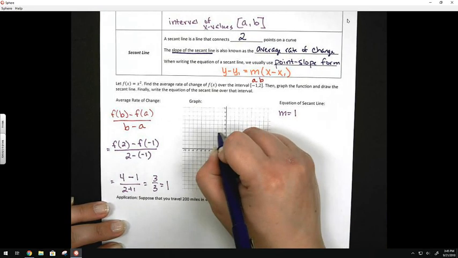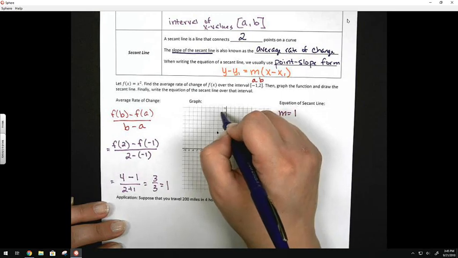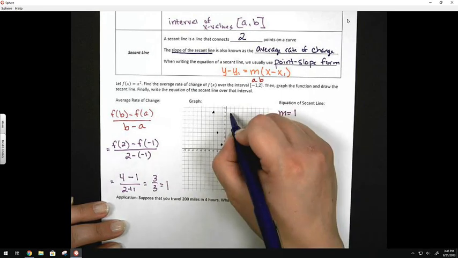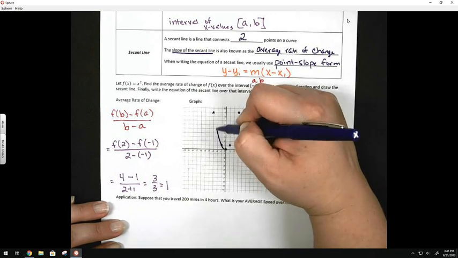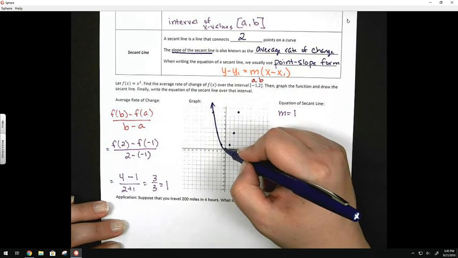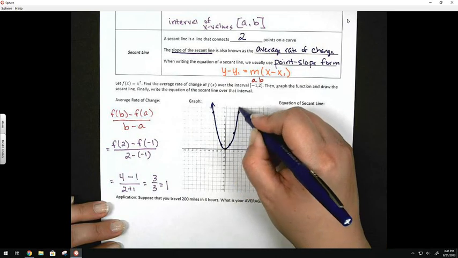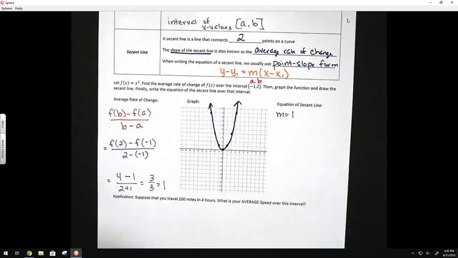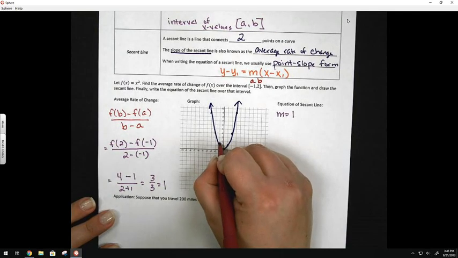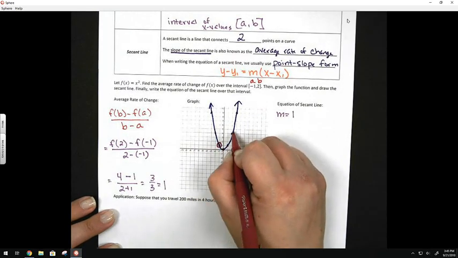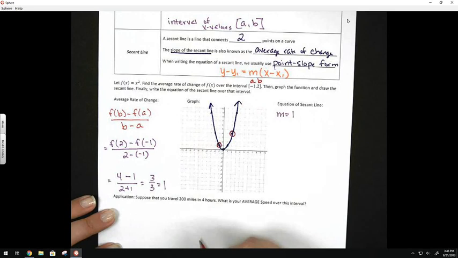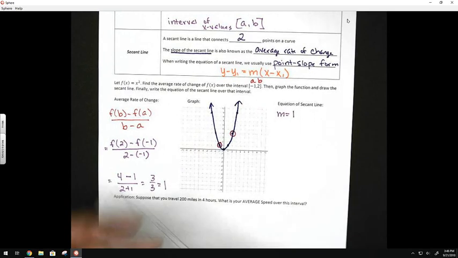So I'm here, 1, 2, 3, 1, 2, 3. And there's my parabola. Now I'm focused on the interval from negative 1 to 2, which means from this point right here to this point right here. And if we draw a line through those points,